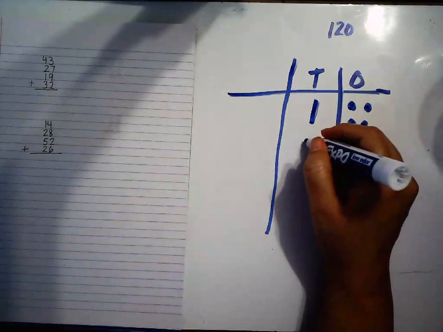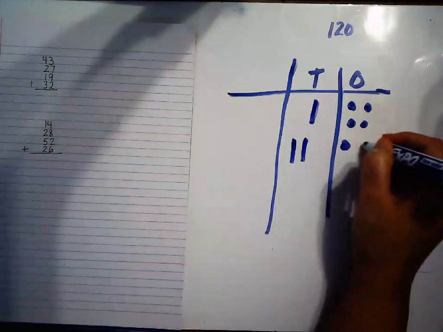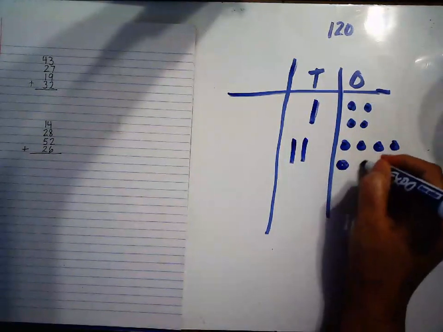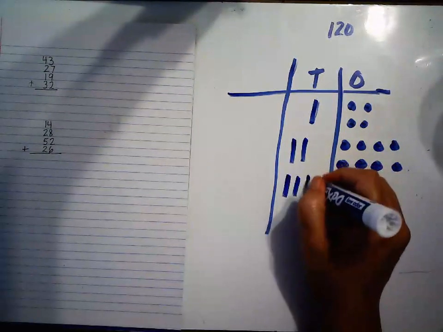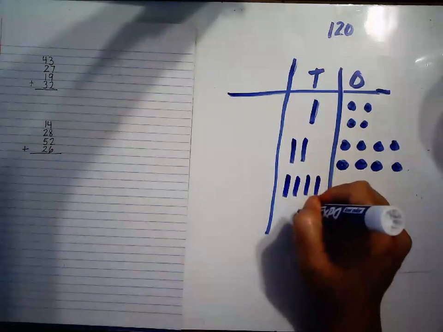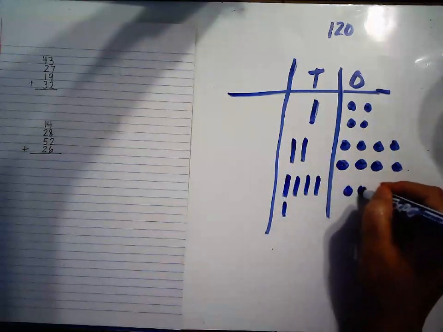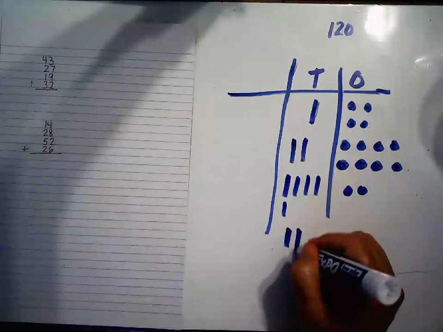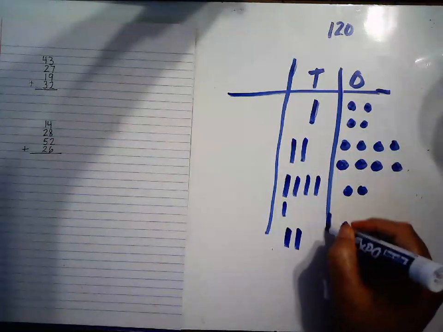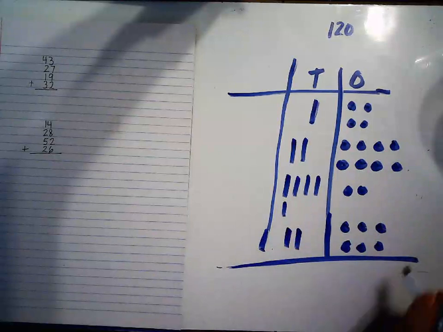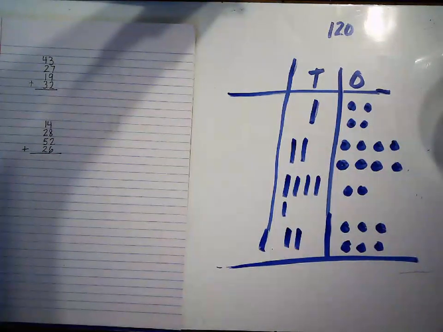And then you do 28. I have 28. Then 52. Then 26. All right, so now I have all my numbers,